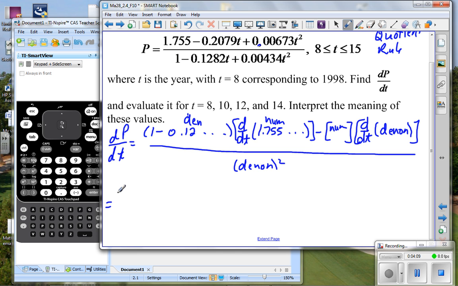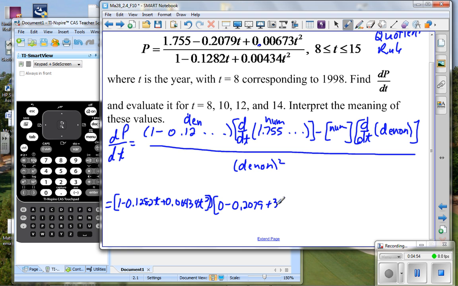We have our denominator, and 1 minus and so forth. I'll try to write smaller here. Times my derivative of the numerator. The first term is going to be 0. The derivative of the second one is just going to be negative 0.2079. Remember, it's going to be t to the 1 minus 1, so we lose the t,